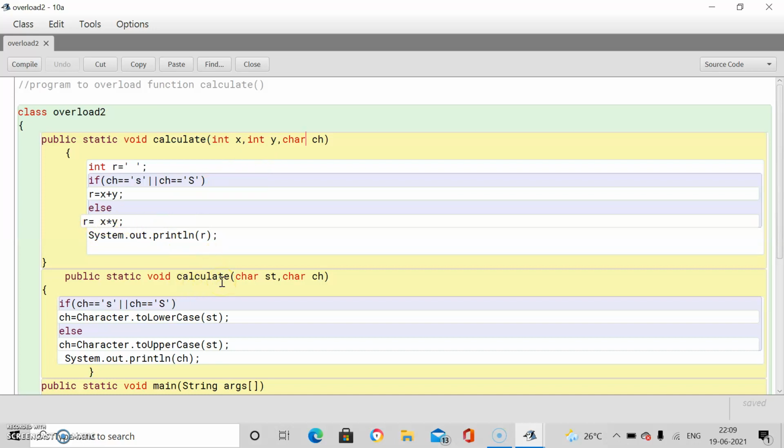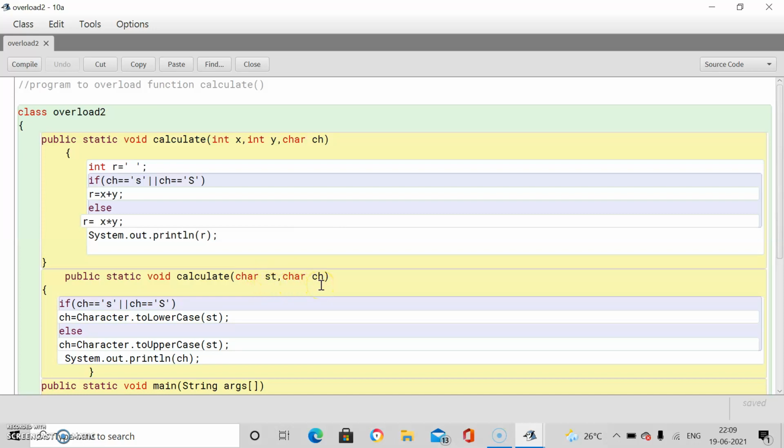And in the second function, calculate, you are receiving two characters. You have to change the case of the first character on the basis of the value of the second character ch. You will check the value of ch. If it is small s or capital S, then you have to change the value of st to lowercase.